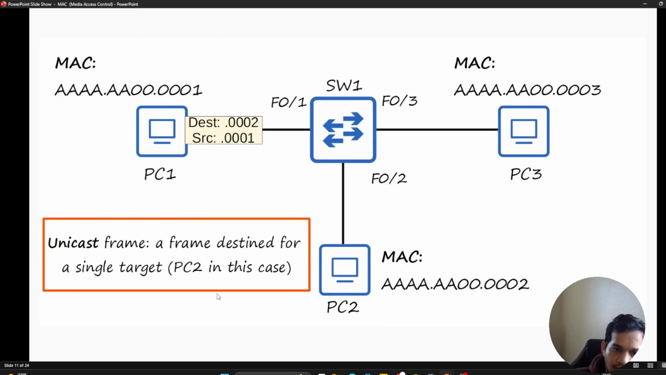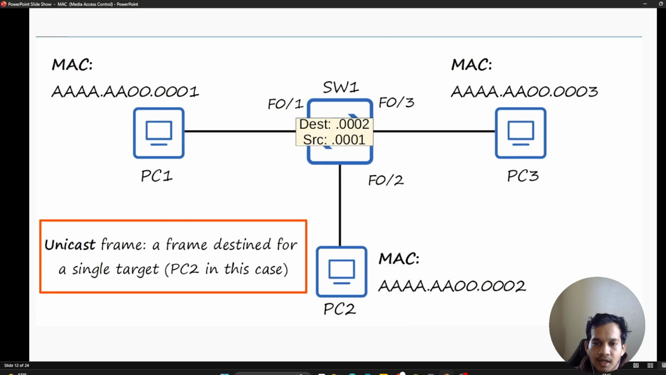Now let's understand a few concepts about frames. I'm going to introduce 3 concepts, starting with the unicast frame. Uni means single, so the frame is destined to a single target. In this case we are sending to PC2. PC1 forwards the message to switch 1 as unicast, sent to a single target, and